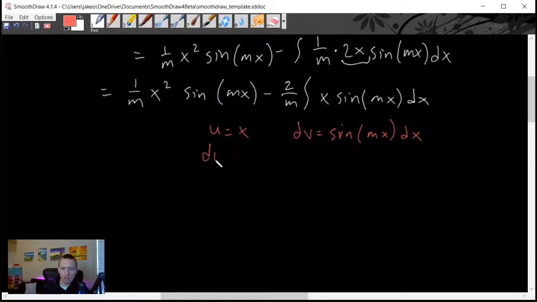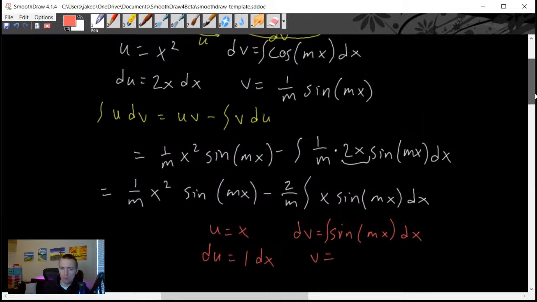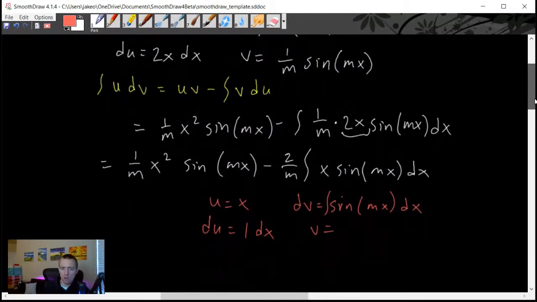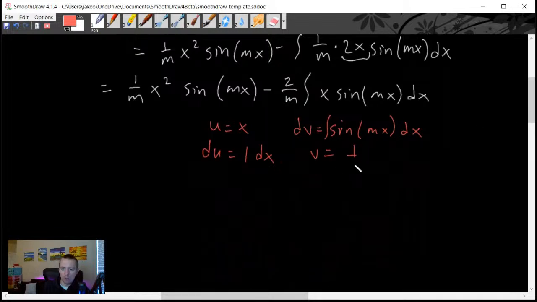So again, now we're going to do the exact same process we did for the first half of this problem. We're going to take the derivative of x, which is just 1, and then we have our dx here, and then we're going to take the antiderivative of our dv term, which is pretty similar to what we did last time through. We're just going to get negative 1 over m times cosine of mx. Because again, if we imagine taking the derivative of this, by chain rule, the derivative of negative cosine,